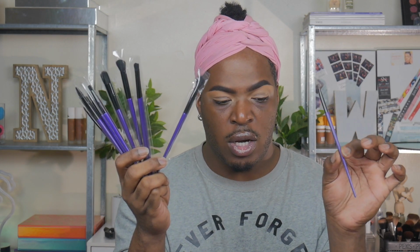Everything is individually wrapped, but also collectively wrapped. And the brushes are really pretty. They're very much similar to the traditional M series brushes, which is what everyone uses on Instagram and YouTube, etc., but they don't have any name printing or number printing on the brushes. So when someone's using these on social media, it's probably gonna be a little bit difficult to tell their audience what brush they're currently using. I know it costs money to monogram and add words and lettering on products, so probably that was something they had to cut corners on, but nevertheless, these brushes are very much similar to the M